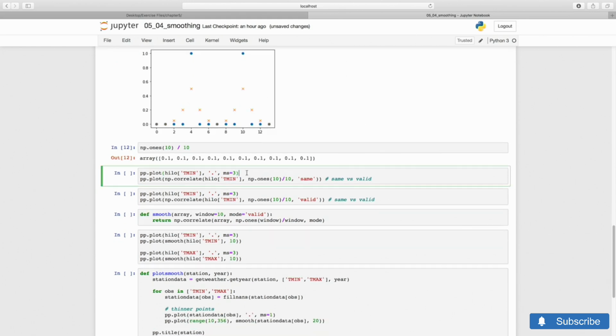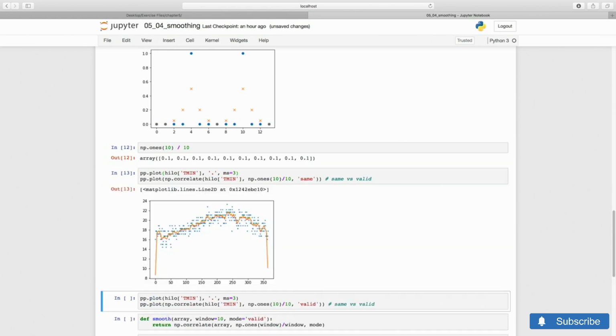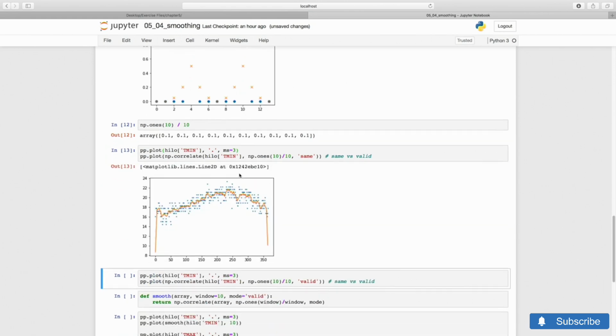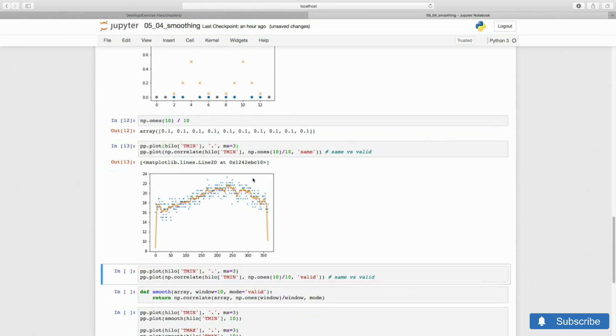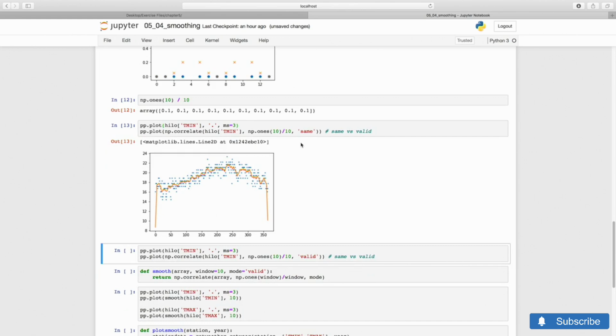Let's try this out. We'll plot the original temperature series as dots, maybe a little smaller than usual, and the smoothed series as a continuous line. This works fine. We are reducing the quick oscillations while emphasizing the underlying slower trend. We do see something strange happening at the beginning and end of the dataset. The values are going way low. That has to do with the keyword same, and with the fact that the values on the boundaries have fewer neighbors than everybody else.